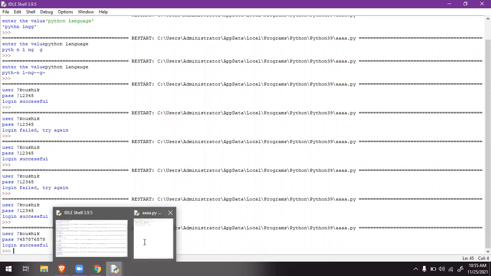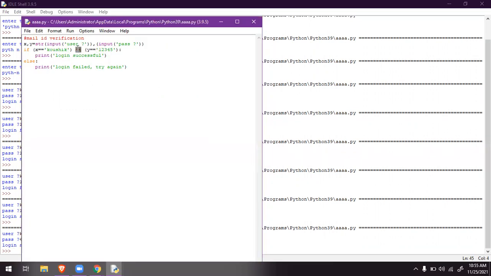But that doesn't provide security, isn't it? So then we have to compare both values, both the functions. Username as well as password we have to compare. For the sake of your understanding, I'm saying it is like a mail ID verification. You have to compare two inputs to get a single statement in order to log in to this page. In some conditions, you have to check both conditions.